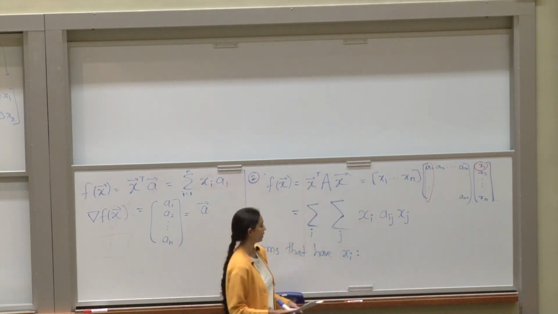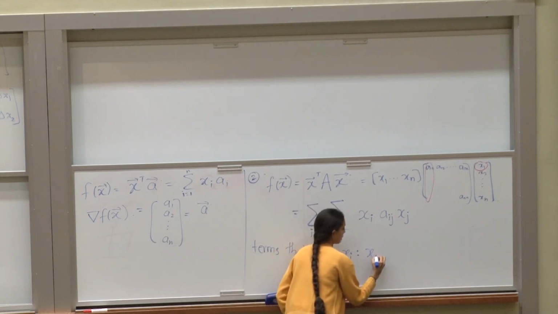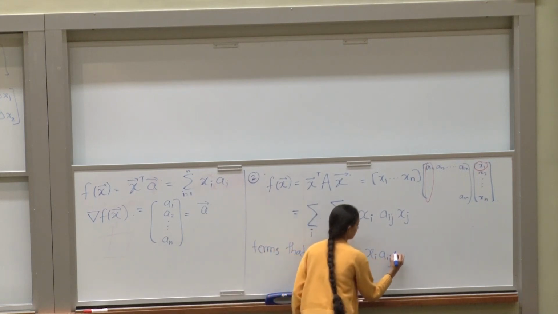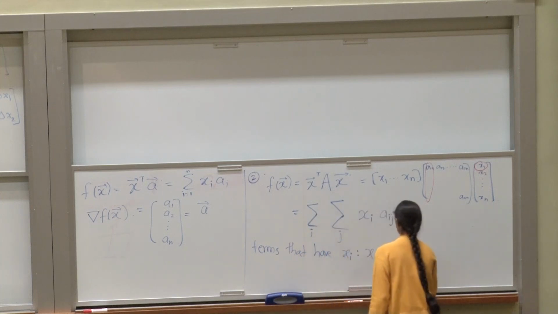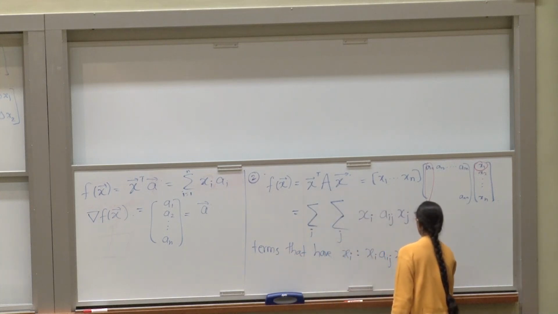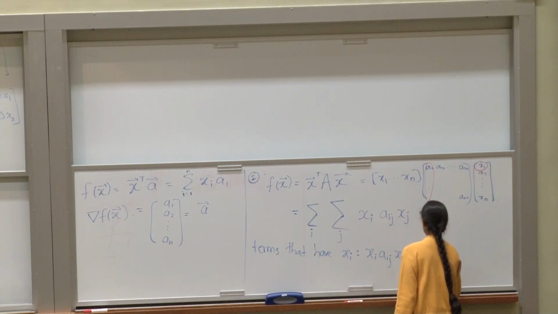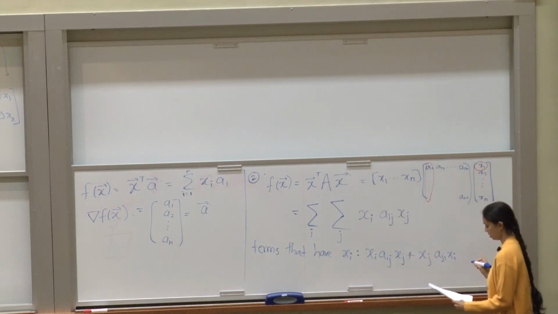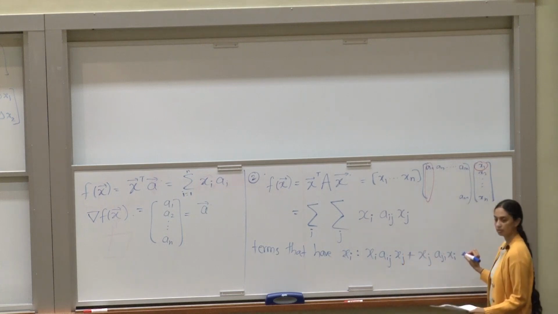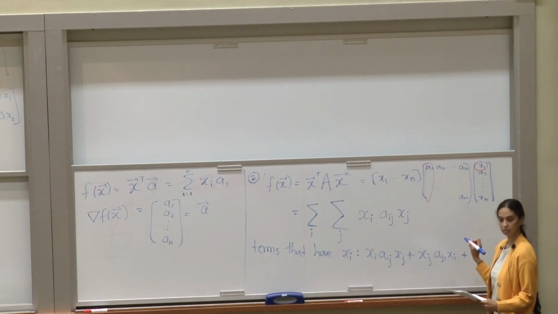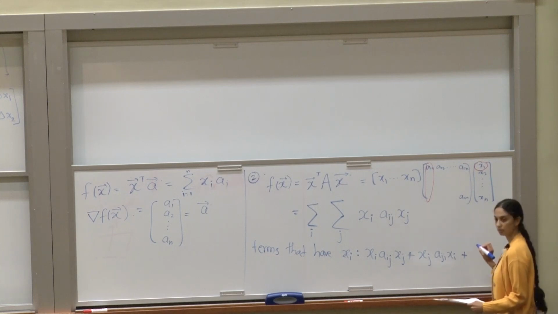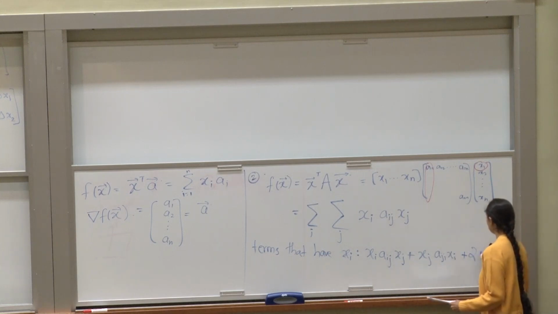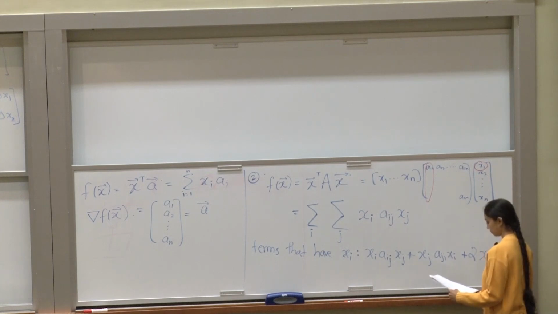It's going to be xi aij xj, plus xj aji xi, plus